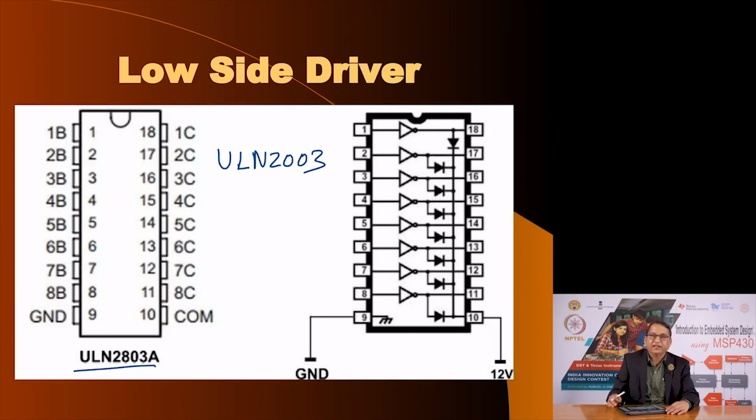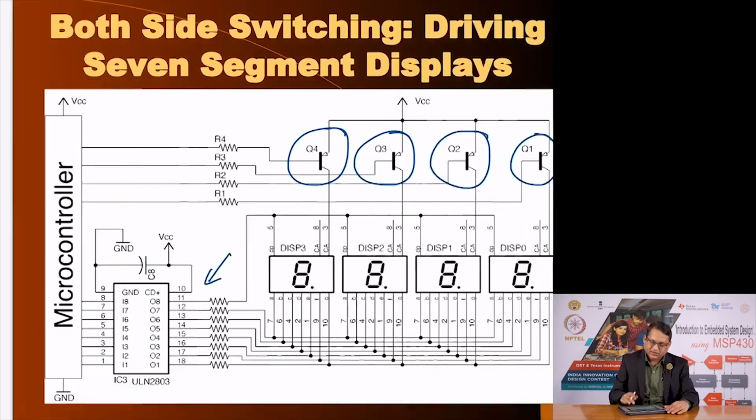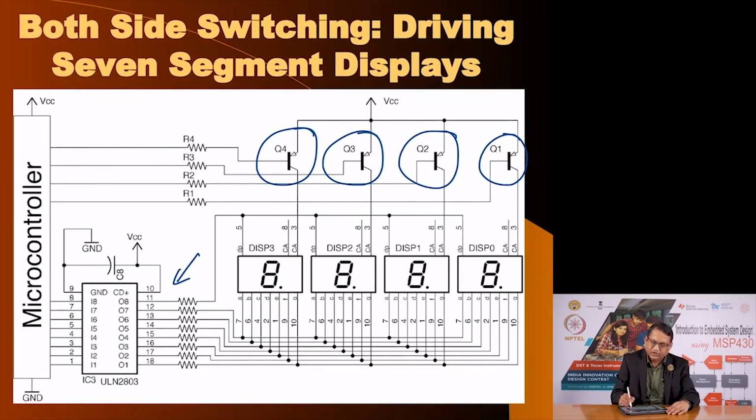2003. It is exactly like 2803, except ULN 2803 has 8 control pins, but ULN 2003 has 7 pins. That is, you can control 7 switches. Similarly, for PNP, either you can use individual PNP transistors or you could also use this driver IC called UDN 2981. In this circuit, I have actually used individual PNP transistors, and on this side I have used a